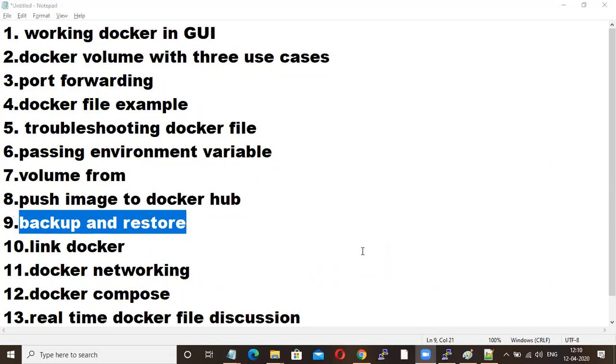See here, 9,000 is your container port, and the other is your host port, the one you are exposing to the public. Understood? Correct.